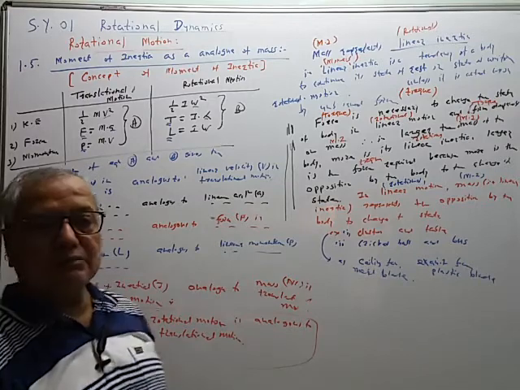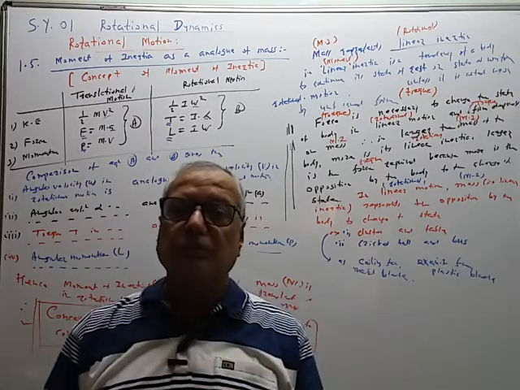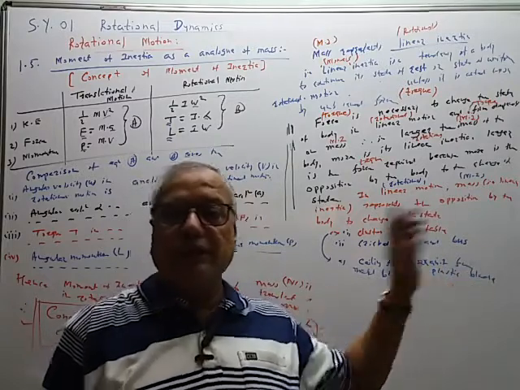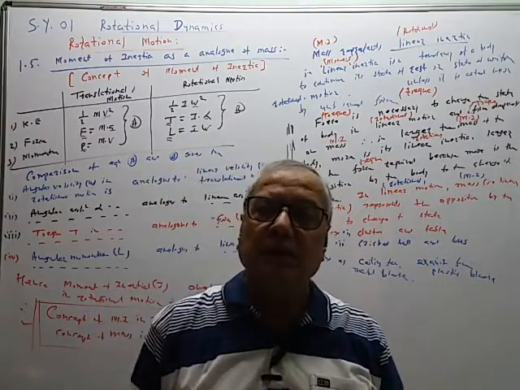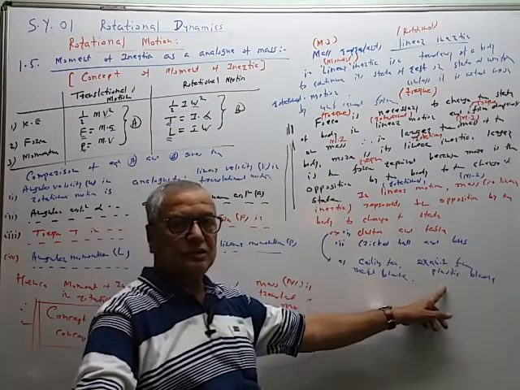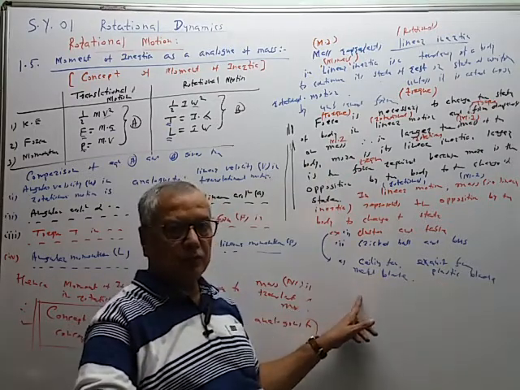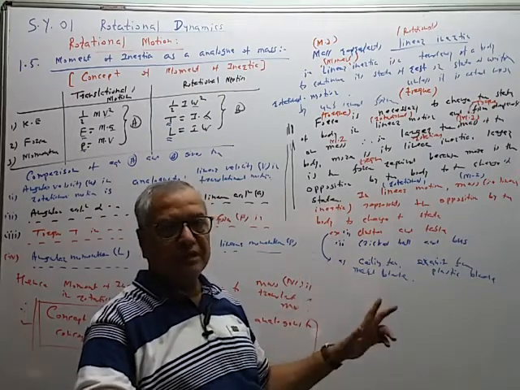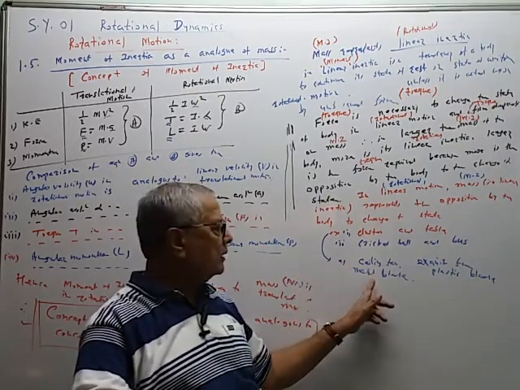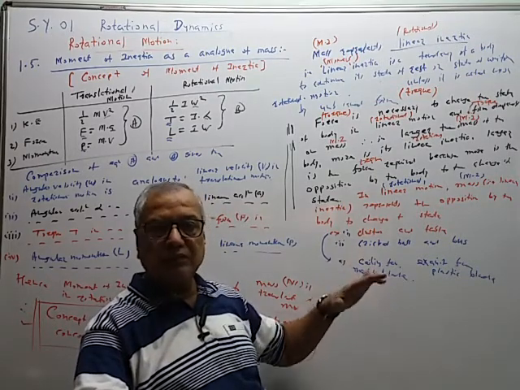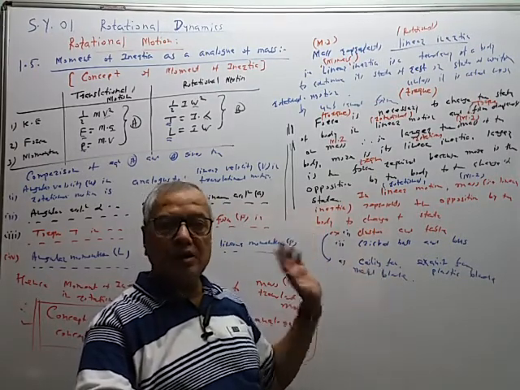So ceiling fan has metal blade, so its moment of inertia is more than this exhaust fan. Exhaust fans are generally made of plastic material. So moment of inertia is less here, moment of inertia is more there. So when we switch on both the fans simultaneously, then ceiling fan will produce more opposition. So it goes to the maximum angular speed, but it will take longer time.